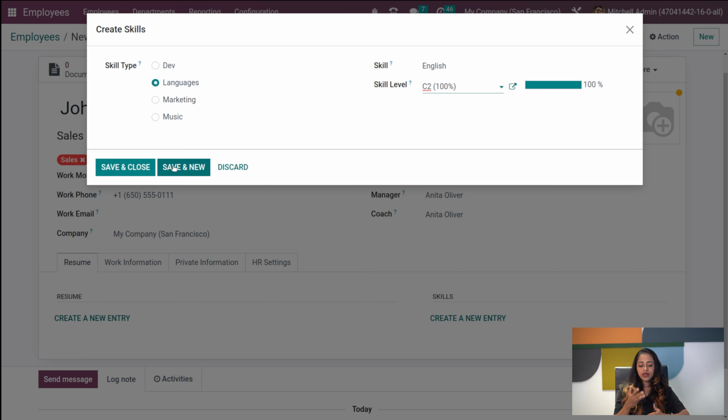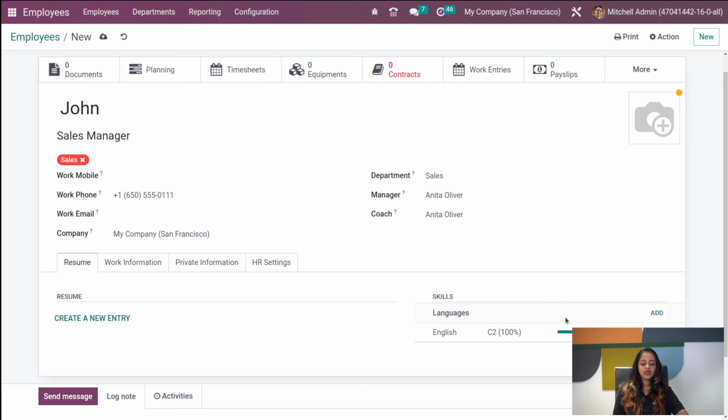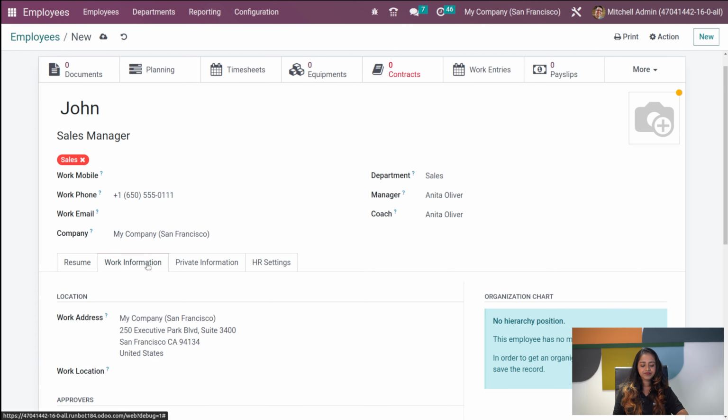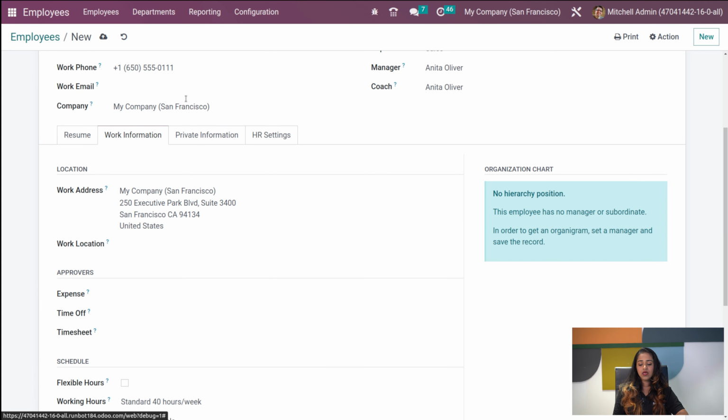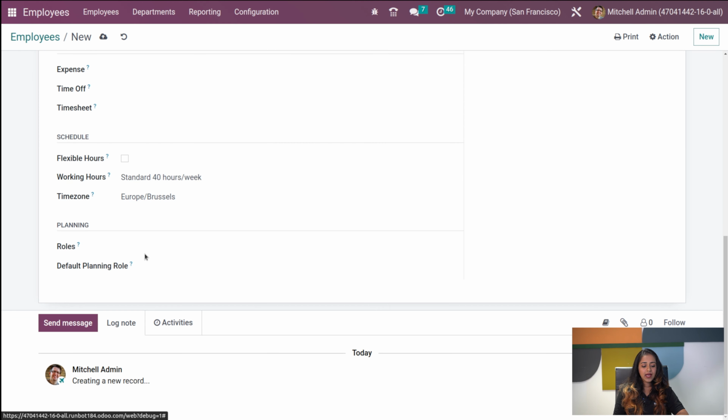So if you want to add a new entry, you can simply click on save and new. Or if you're just adding this one, simply click on save and close. So I've added a skill for this person. Now you have the work information where you have the work address, the work location, and here you have the